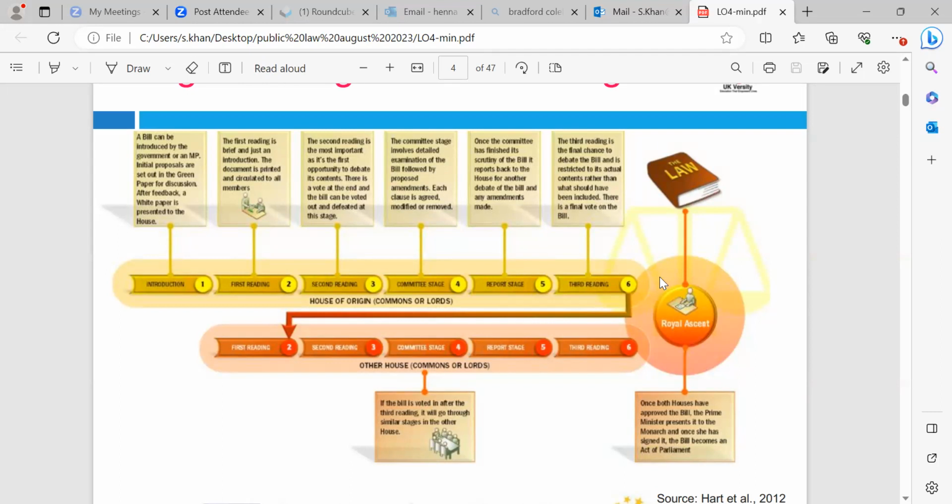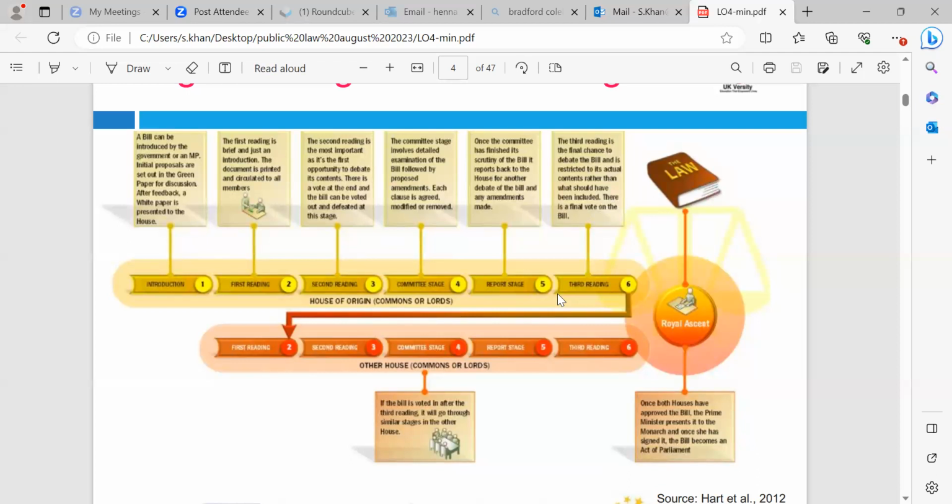Why do you think this process is quite good to have in place? I don't know. Do you think this, the first reading, second reading, committee stage, report stage, third reading, do you think it's really good? Because it happens both in the House of Commons and House of Lords. Do you think it's a good process to have? Definitely, but I don't know exactly why. No, it's okay. Nothing's wrong or right until we identify it, okay? So don't worry about it.